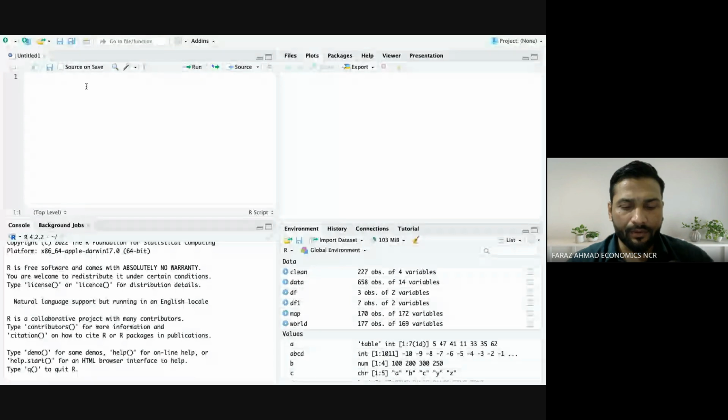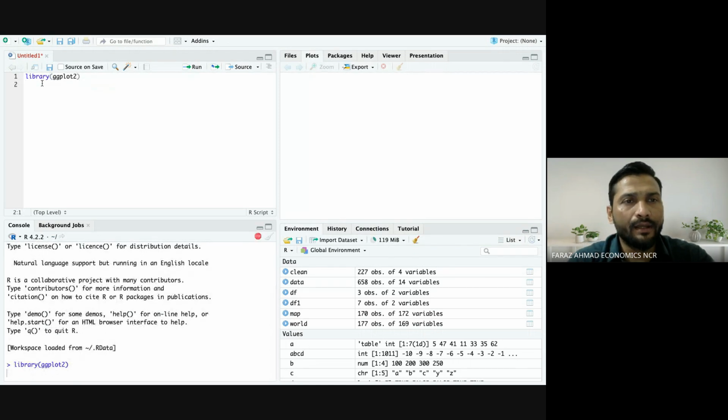All right, so we wrote one line of code yesterday. So I have library ggplot first. Now you can see this red button here. So R was working, it was librarying it, took 2-3 seconds. Then next thing is that you can,